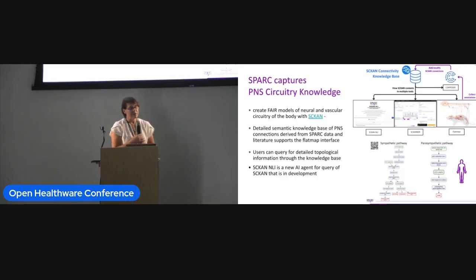So we're building this peripheral nervous system connectivity map. And this is a knowledge graph that is built to relate all of the data based on how the body is innervated. And so it's a semantic knowledge base that is gleaned from the data itself, the experimental peer-reviewed publications, and direct contact with experts.